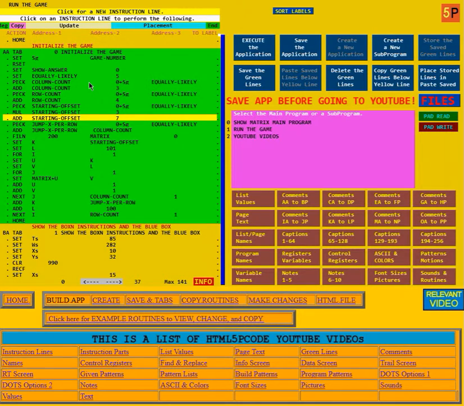First time it gets a random value for the column count, but it adds 3 to it, so it won't be 0. Then it gets the row count, and it adds 4 to that to make sure it's not 0. Then it gets a starting offset, but for that it multiplies it by 3 and then adds 7 to it. The starting offset. Then it does randomly for the jump X per row,